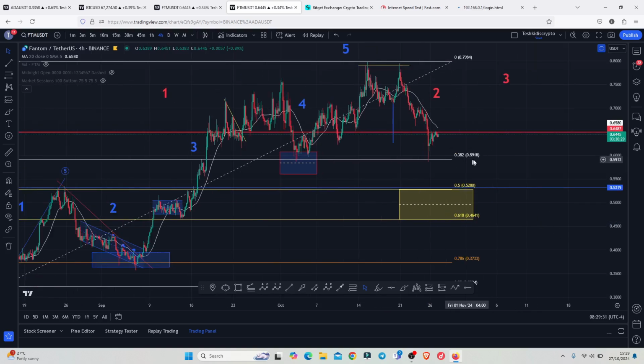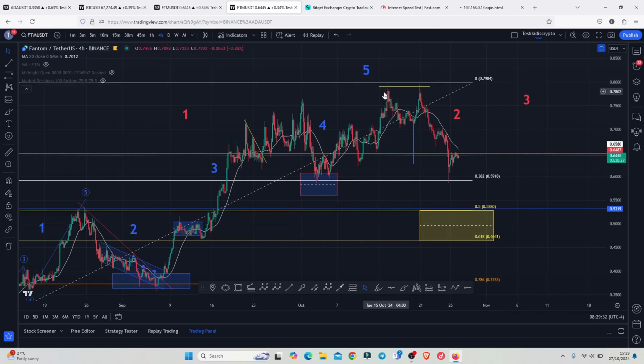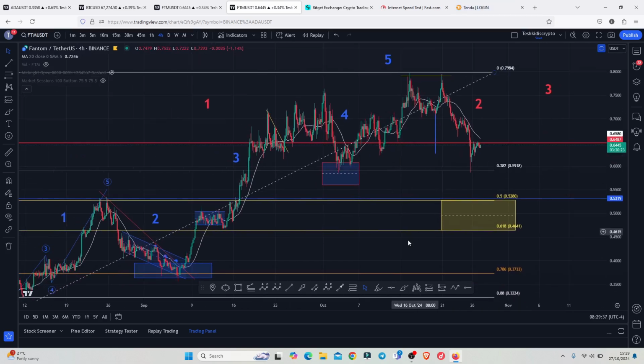And you can see that at the time of this recording we have seen a pullback to the lower side, and on touching the fib level 0.382 we saw a reaction over here in a move that is now giving us a bit of a short-term bounce to the upside. And the moment we manage to break above resistance above the 0.6425,